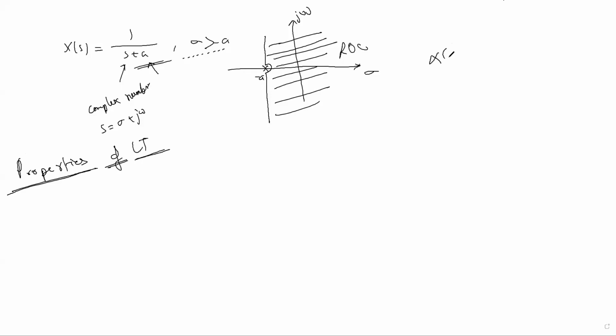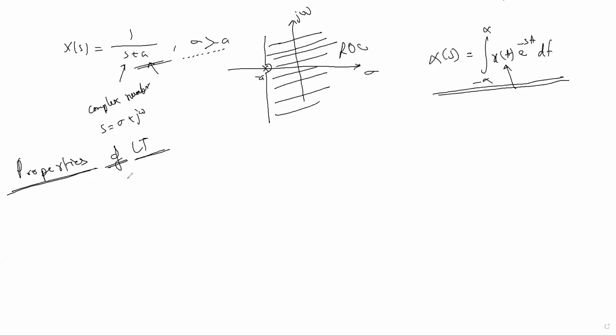The integration formula of Laplace is: x of s can be found by integrating from minus infinity to infinity x of t e to the power minus s t dt. This is the equation for finding the Laplace transform of x of t. If you solve by the integration formula, it will take more time. But when you know the properties, you can solve very easily and get the idea of the output. That's why these properties are very important, and you should do more numerical practice based on them.